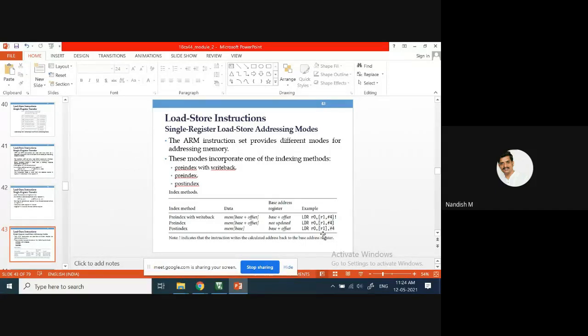The first case and the third case are the same. Pre-index and post-index: do you have any doubts in this? If this is not understood, you will not understand the upcoming instructions. I think it is clear, this pre-index and post-index.